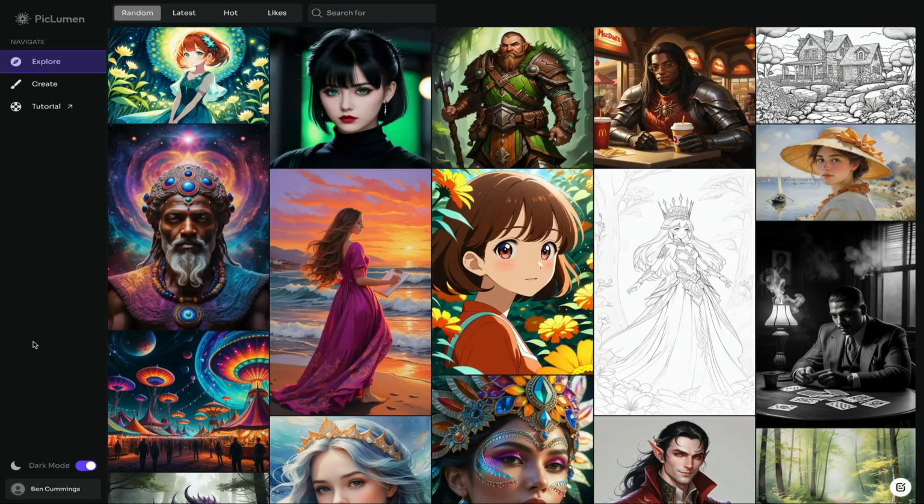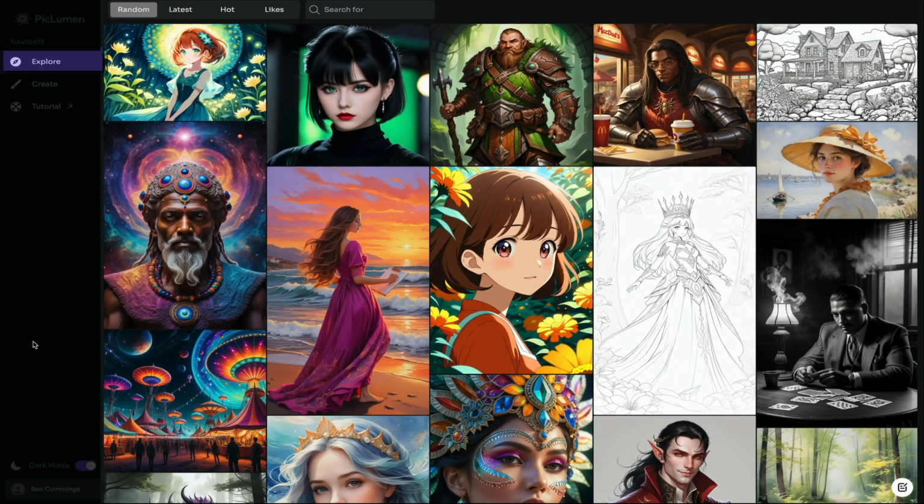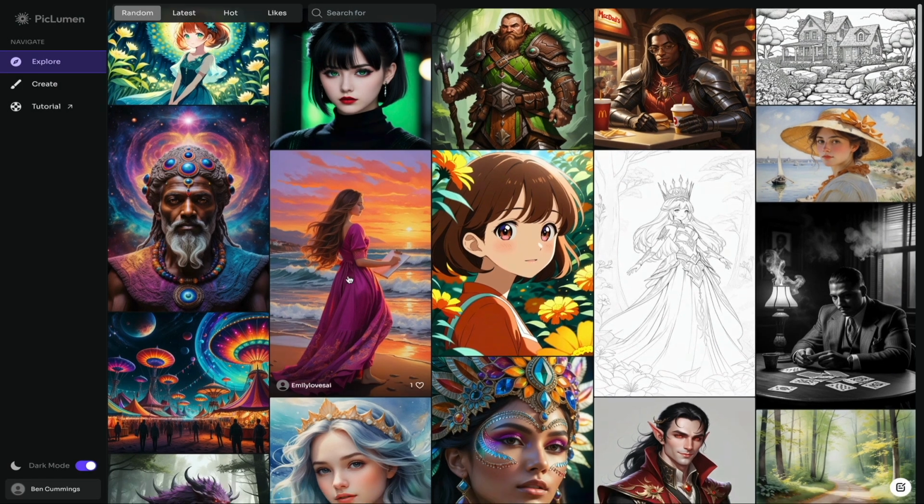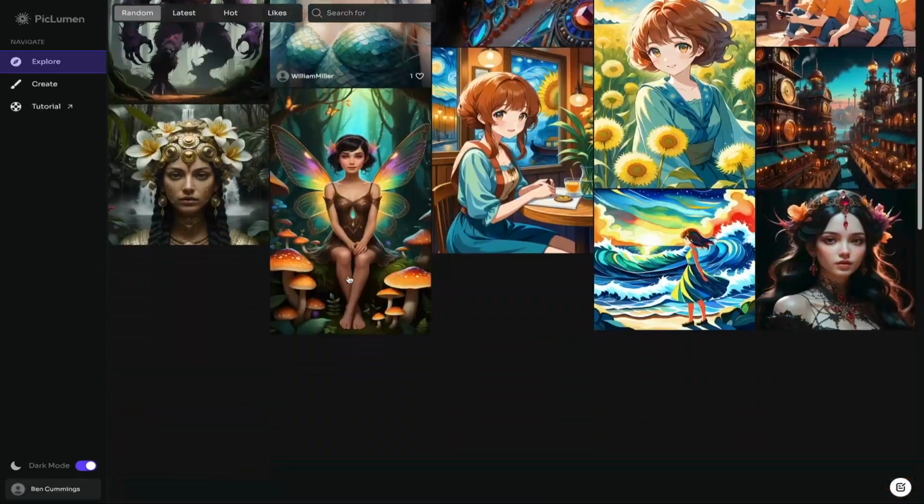Then whatever you have selected in the sidebar menu will display here on the right-hand side of the screen. I currently have the Explore menu item selected, and you'll get this great community feed of all the AI generated images that are made by other people within the PicLumen community. This feed is constantly updated with user creations, and you can filter them by random, latest, hot, and likes. There's even a search bar that you could use to search by keyword if you'd like. And then all you'll do is just scroll down the feed to browse and check out the other images that